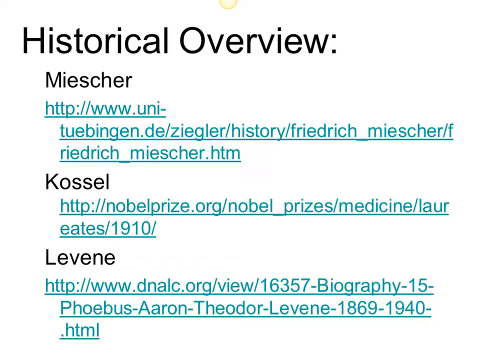And then, just after 1900, Phoebus Levine was also looking at this material, and he proposed that DNA was a polymer of nucleotides, like Kossel had described, but that it consisted of a repeating tetranucleotide. So, like adenine, then guanine, then cytosine, then thymine, for example, and then repeat the same 4 again and again and again, all in a chain. And so you would end up with equal amounts of adenine, cytosine, guanine, and thymine,